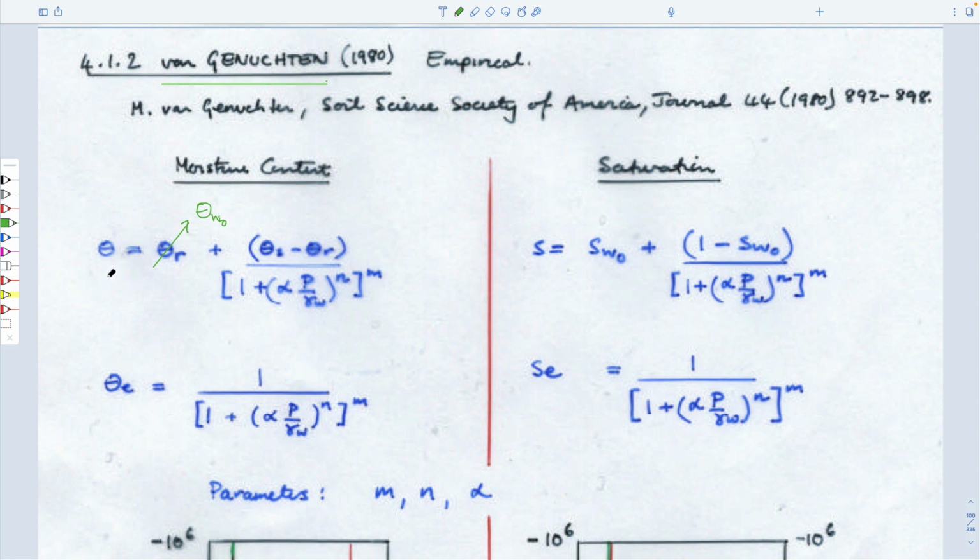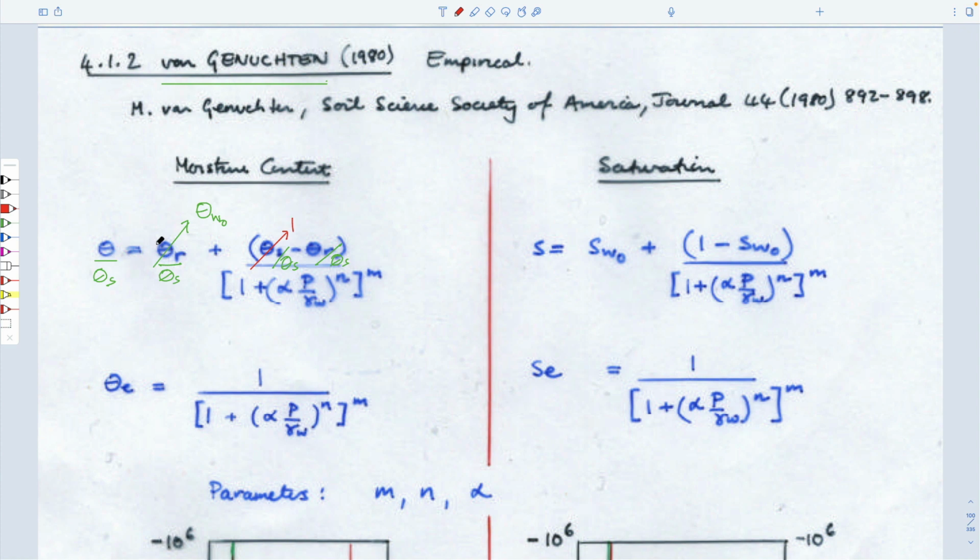So we could divide this through by the saturated moisture contents, theta S, and each one of these. And if we do that, then this term becomes 1,